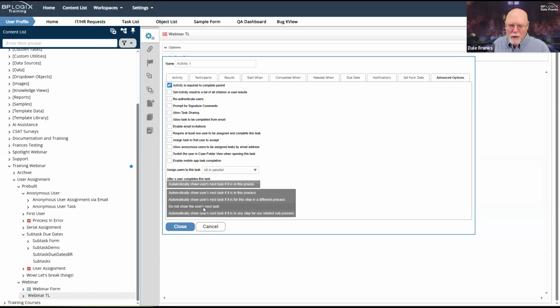Therefore, I want the form to close every time I complete a task. I do not want to show them their next task. I want them to go into their task list and physically look this up and see that they have moved from activity 2 to activity 3. And then I want them to open up activity 3 and complete it. And then if there are other activities, they will manually open them until they are done.